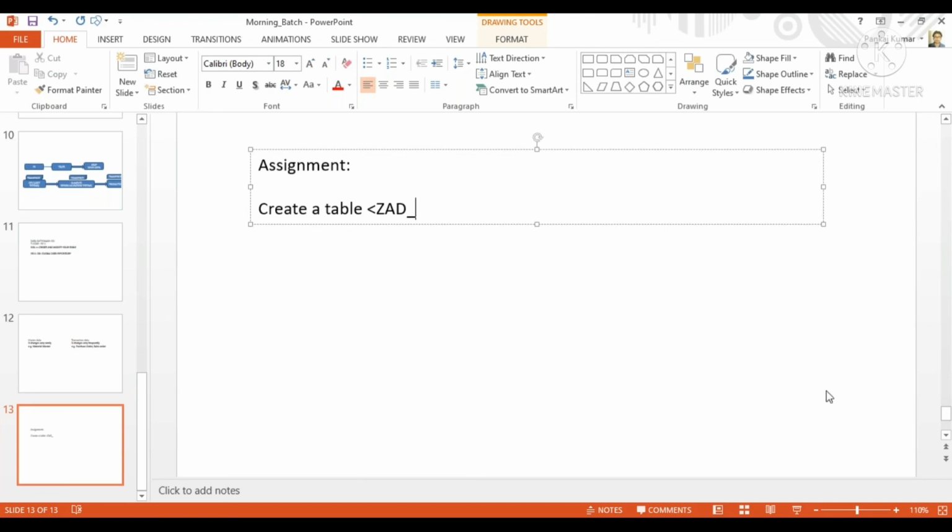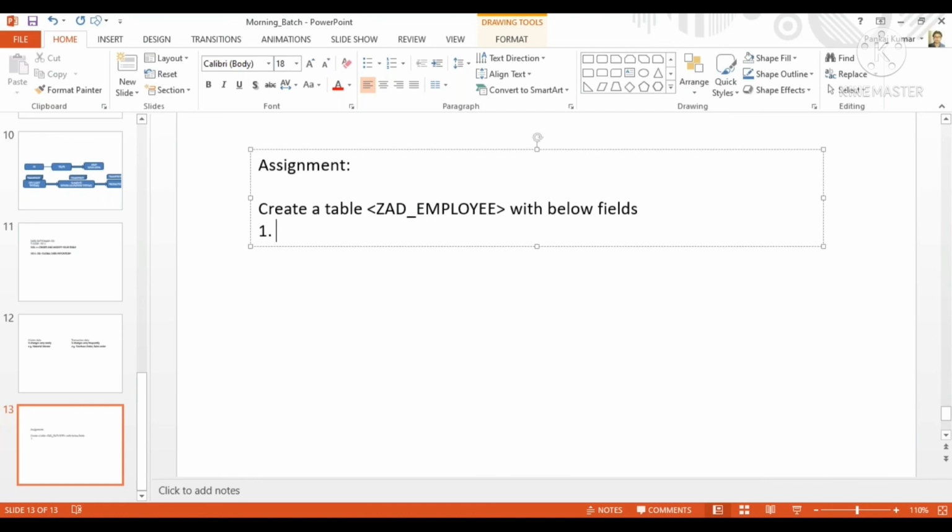For creating every object you can start with ZAD, so that anytime you want to search, you'll be able to search. It will be better for you to manage. So create the ZAD employee table with the below fields.